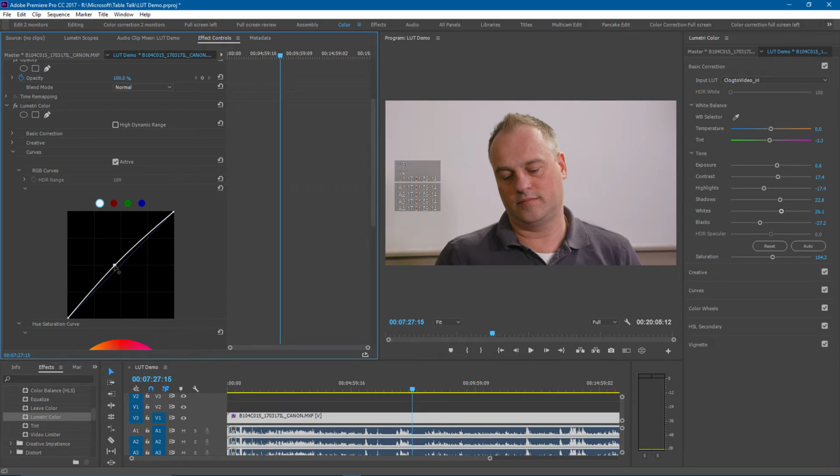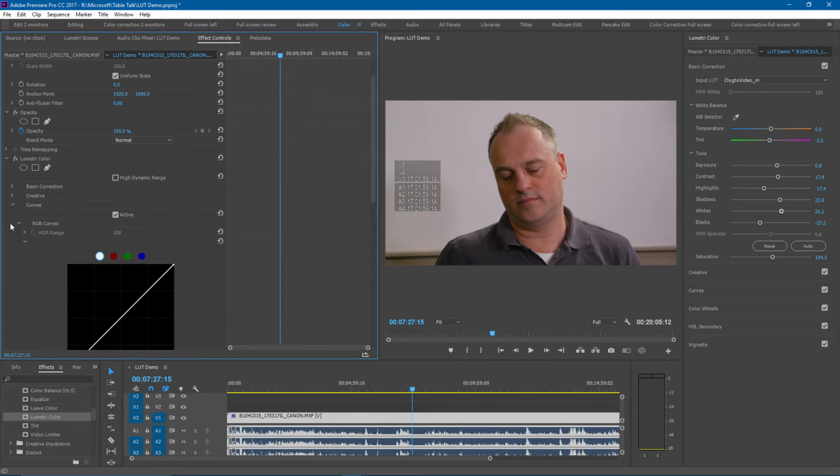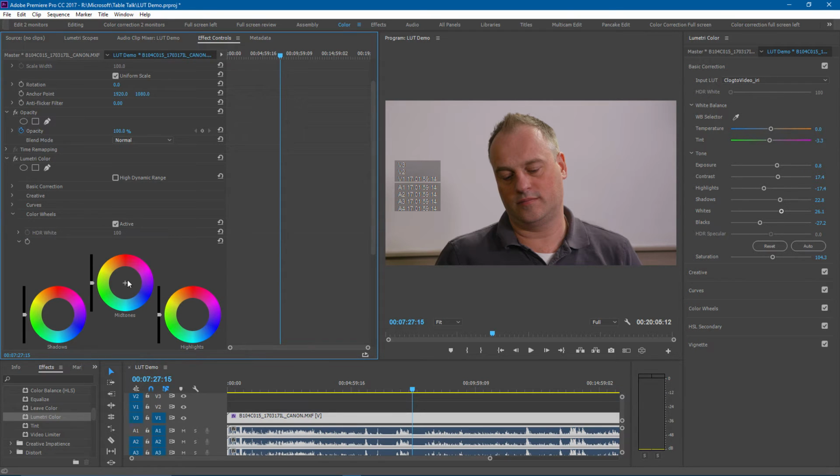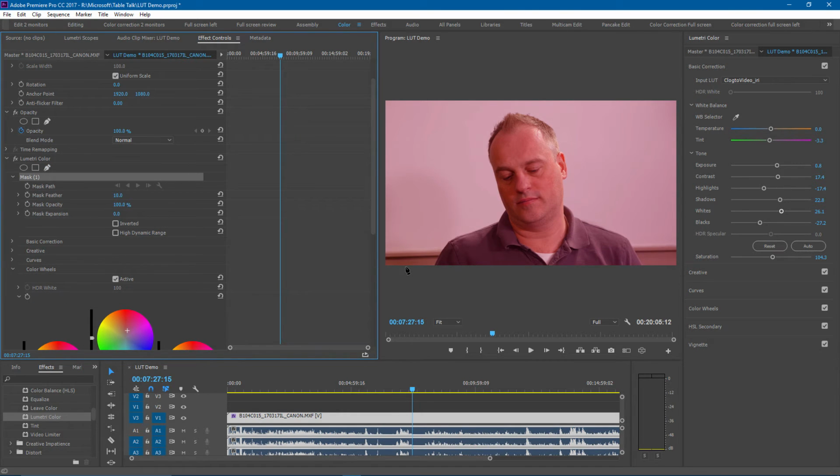Or if I need to create some sort of secondary where the background is some funky color, and I want a look where I want the background to be hot pink, I can create that, use the masking tool, you get the drift,